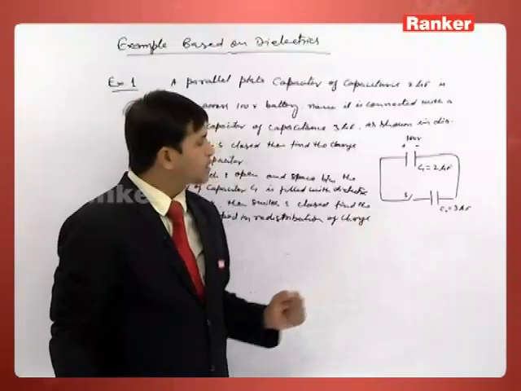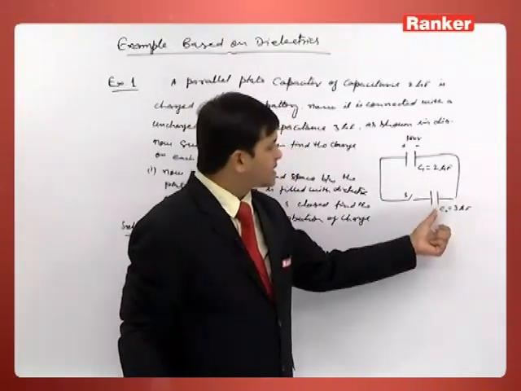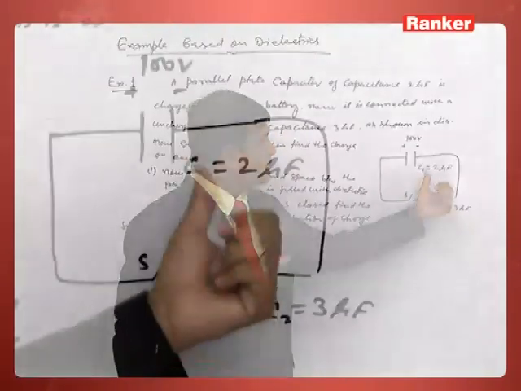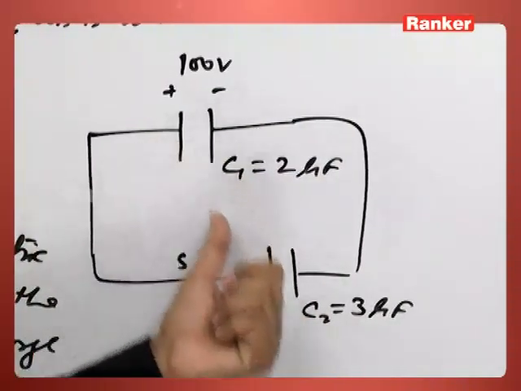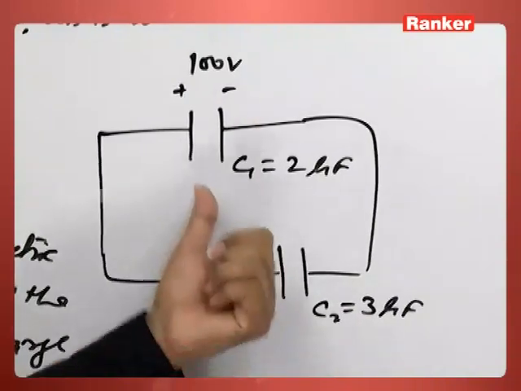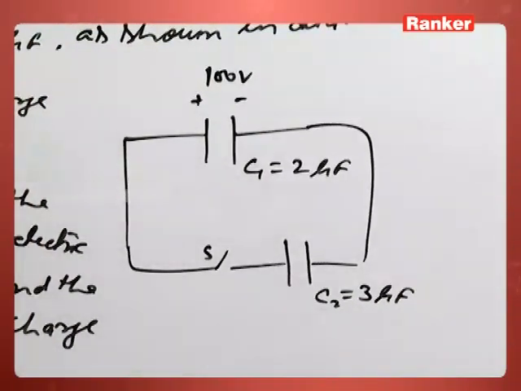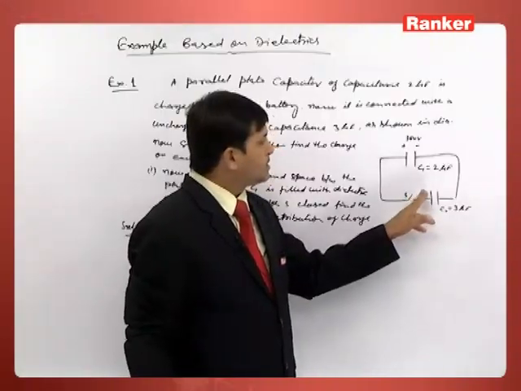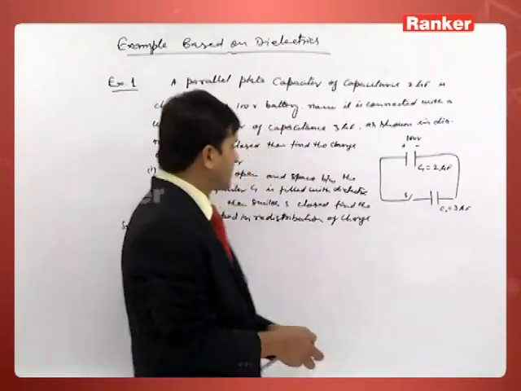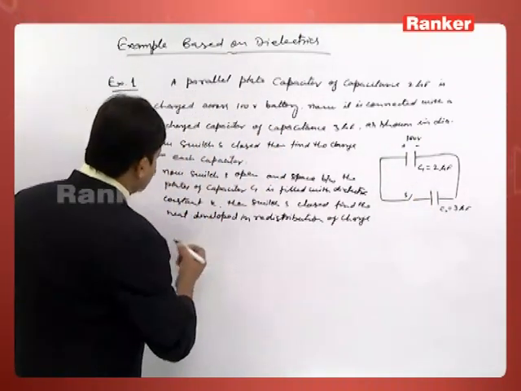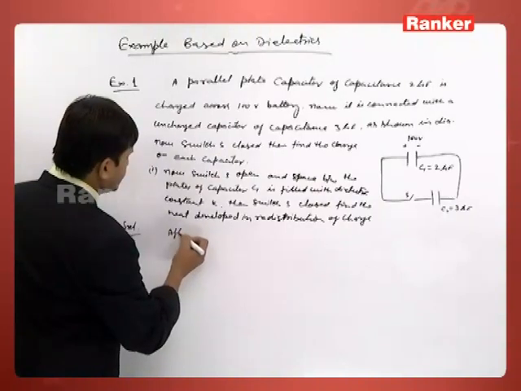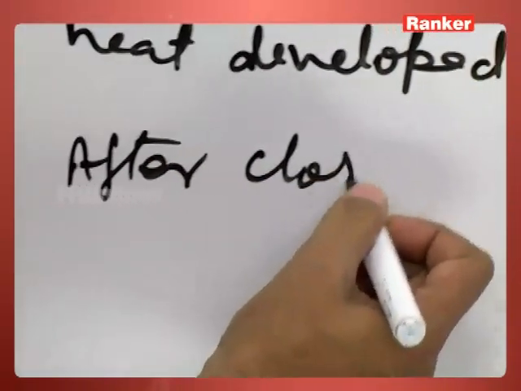So when the switch S is closed, since this capacitor was uncharged, charge will flow between these two capacitors till both reach the same potential. After that, charge flow stops. So after closing the switch, in the first step,